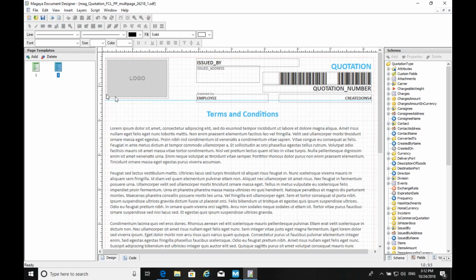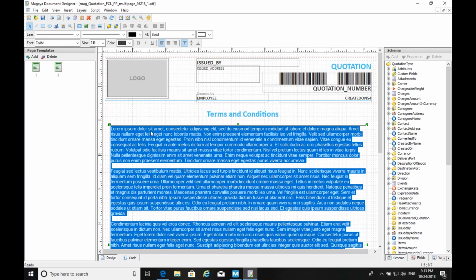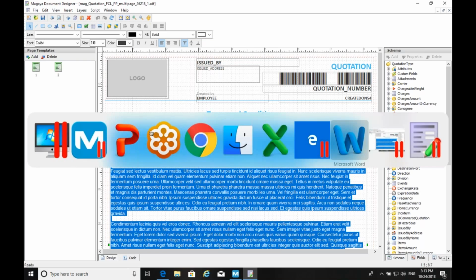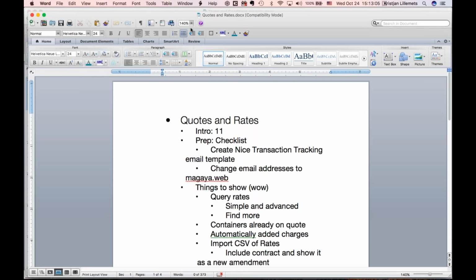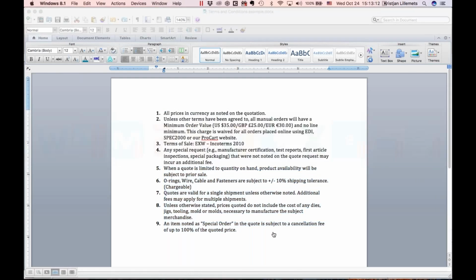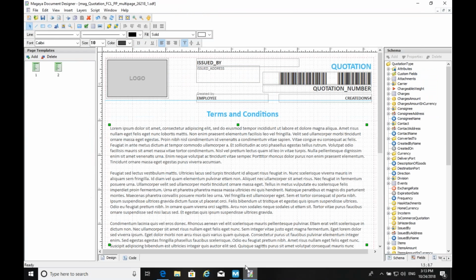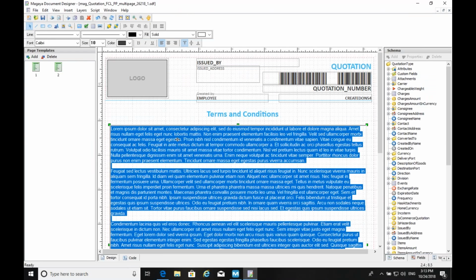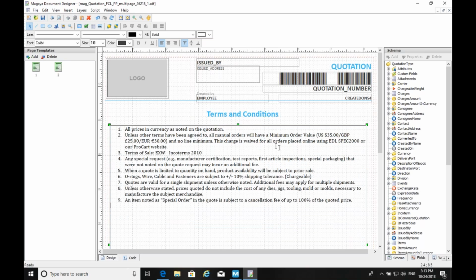But if you click on the second page, you'll be able to select your text, and I have here just a dummy Word document, not this one, but let's say this one, with terms and conditions, and I can just come here and paste it. All right, there we go.